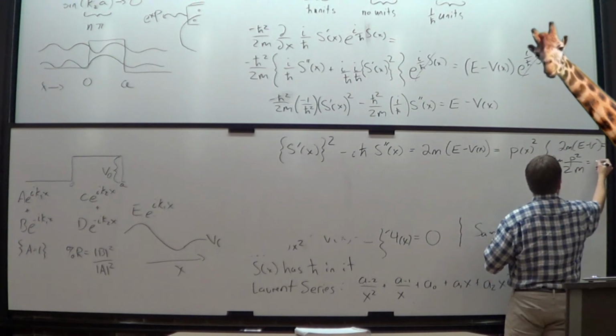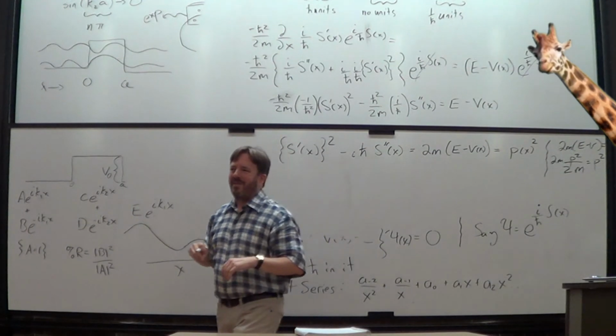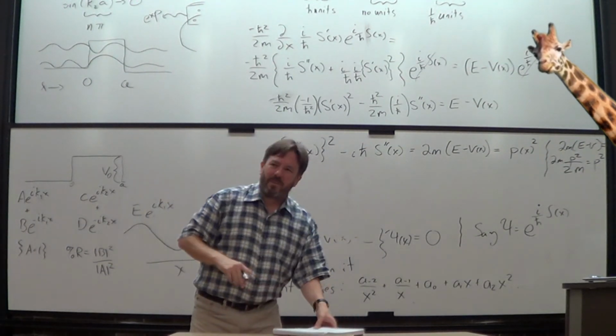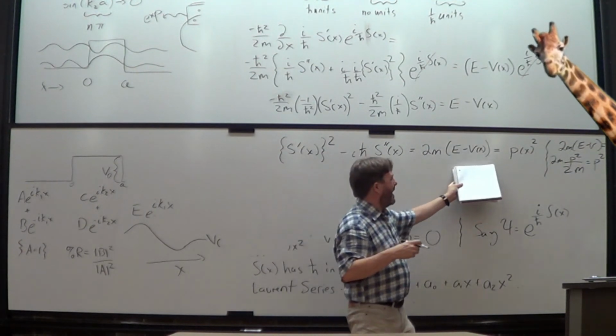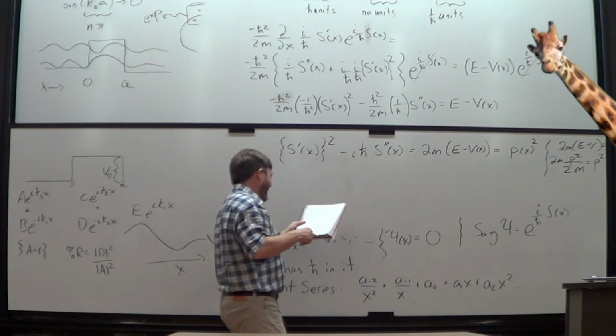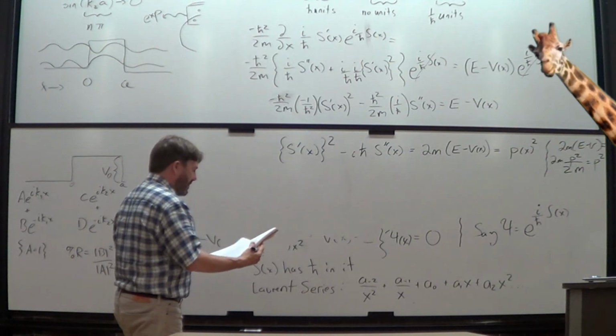2m times p squared over 2m, so that's p squared. So it's momentum squared. And often we just do this so that we don't have to write all this out. If I can just write that instead of that, it's easier. So that's one reason you do that. Okay, last bit, I'm almost done,